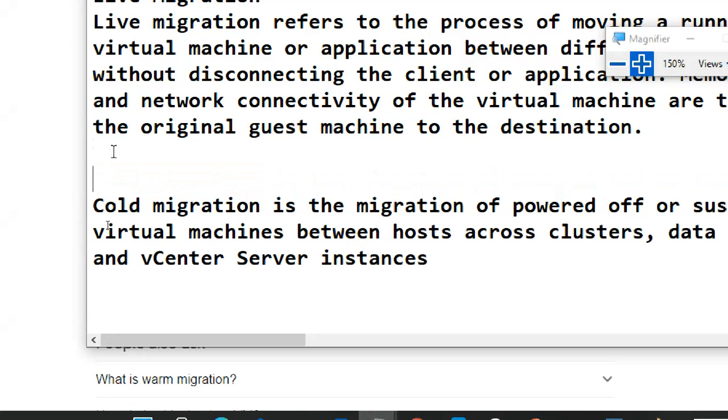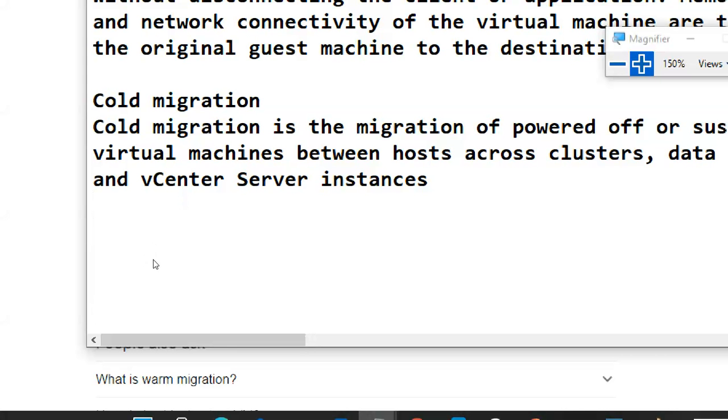So you have to migrate a virtual machine from one physical machine to another physical machine, but you cannot migrate when it is live. So you power it off and you migrate it. Simple. For example, you have a virtual machine in your PC, like a VMware virtual PC. You want to migrate it to someone. For example, one of your friends came and asked, "I want your virtual machine." What do you have to do?